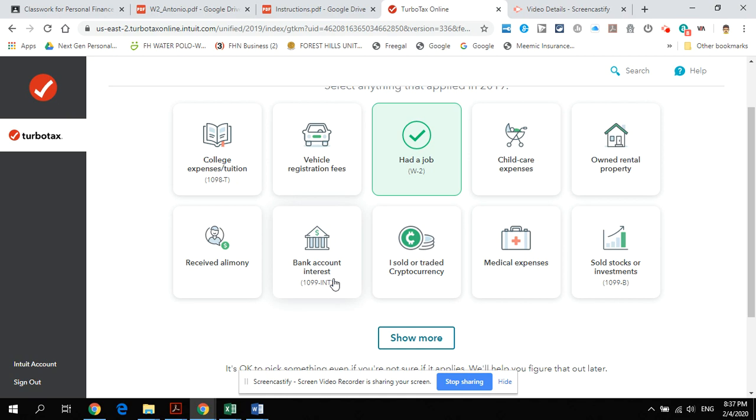It did not say he had a bank account, but that brings up a good point. If you do have a savings account and you received a 1099-INT, the interest from that savings account is considered income. Going back to our first unit that we covered this semester, which was on cryptocurrency, it did not say that Antonio had bought or sold any cryptocurrency. Medical expenses will be taken care of by parents or guardians, and